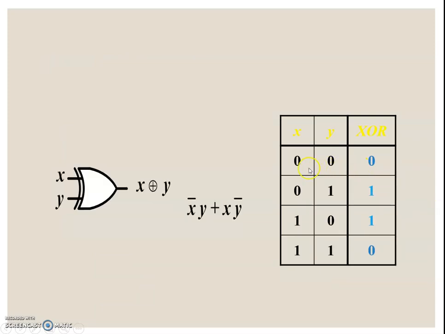So the truth table reveals that if both the inputs are same, either 0 0 or 1 1, output is 0, while if inputs are different, output is 1. Exclusive OR gate is framed as a combination of AND gate, OR gate and NOT gate, and this is the sum of product expression for the exclusive OR gate. It can be obtained from the truth table itself. Let's see the case. To obtain the SOP, that is sum of product form for exclusive OR gate, we need to see when the outputs are high. Output is high when X is 0, Y is 1